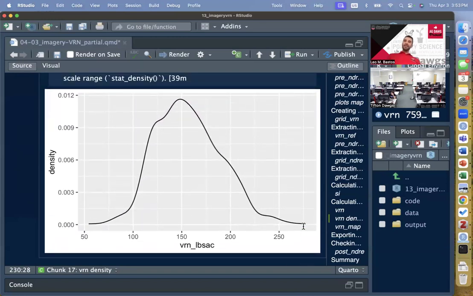So as you can see, there is a lot of variability in how much nitrogen each one of those cells is receiving. And that variability is coming from the fact that cells that have a high SI are receiving a lower nitrogen rate,